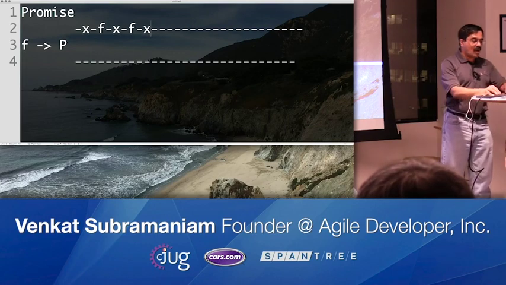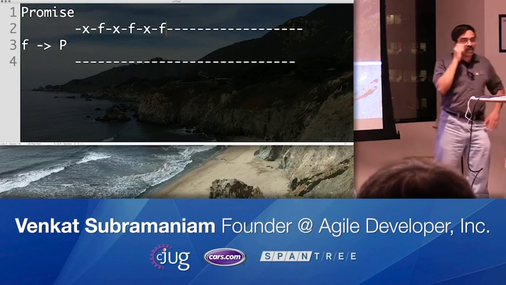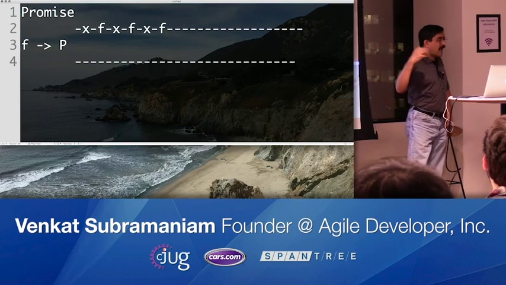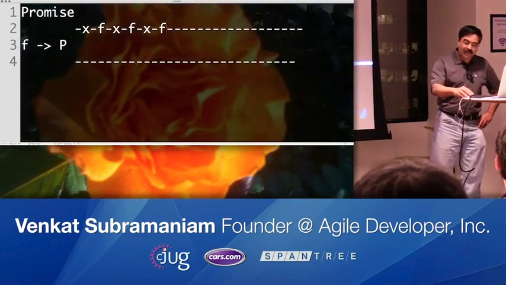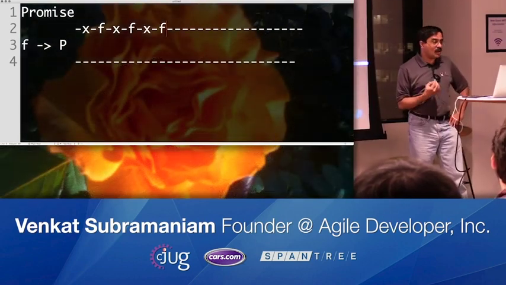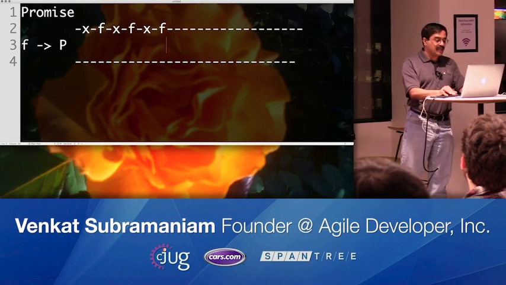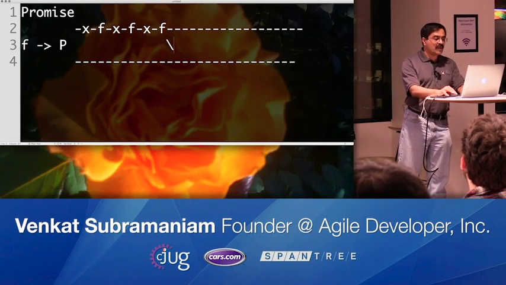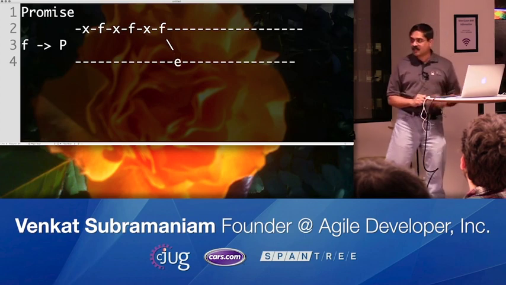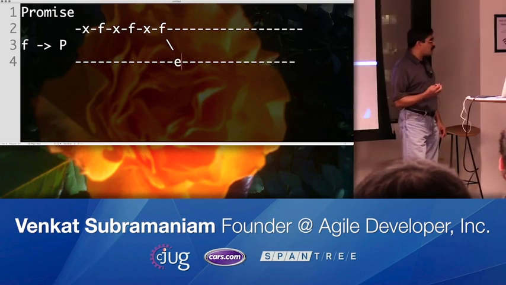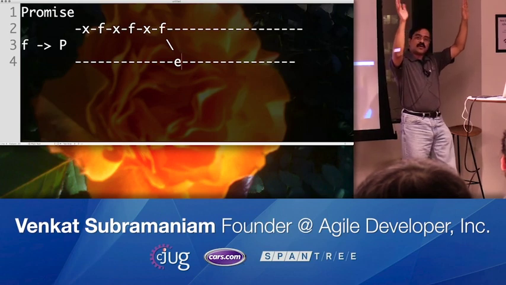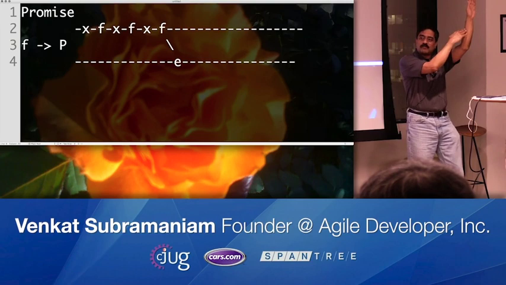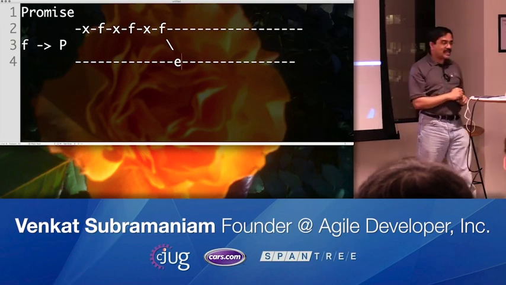But at this point you call another function, and something really goes wrong. Maybe it runs into a problem, maybe there's an error talking to a device, maybe you couldn't get access to something. What are you going to do? Well, this is going to result in an error, and the minute it does, you're going to end up with a rejected promise. And the minute the promise is rejected, you no longer are on your right track, you go to the left track. So you've switched over to the left track, and now you're on this error track.